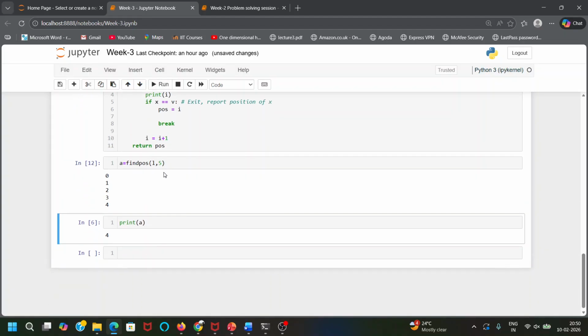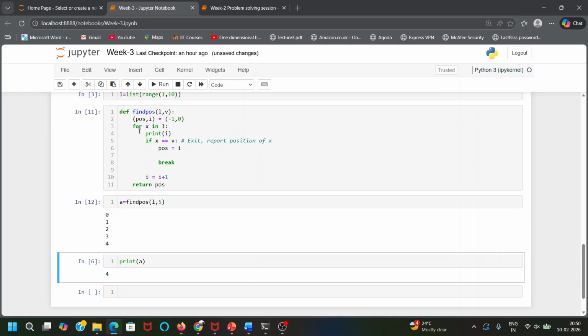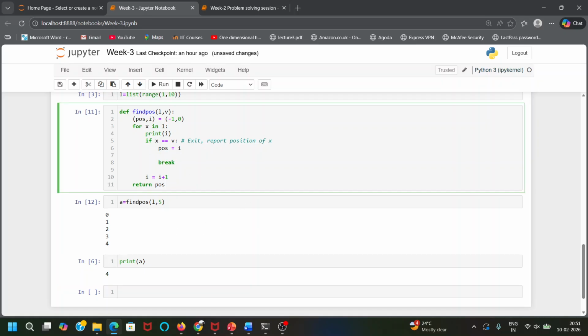Now you can see this for loop, whatever the function which I am running, will go from index 0 to index 4, and after index 4 it has found the value 5 and it breaks. Okay, let's say if I had not given this break,